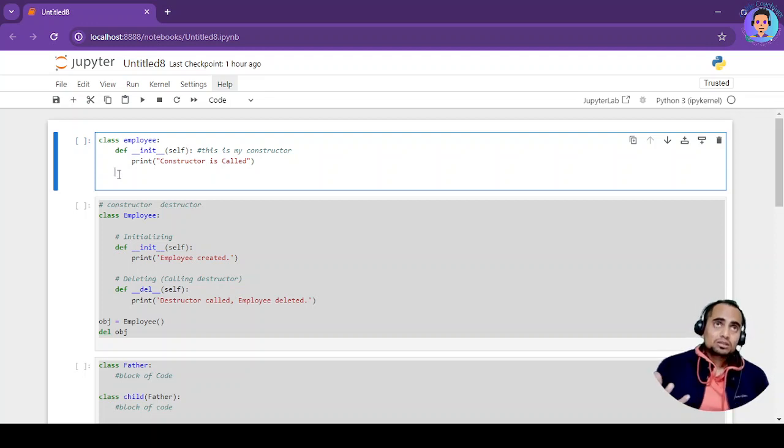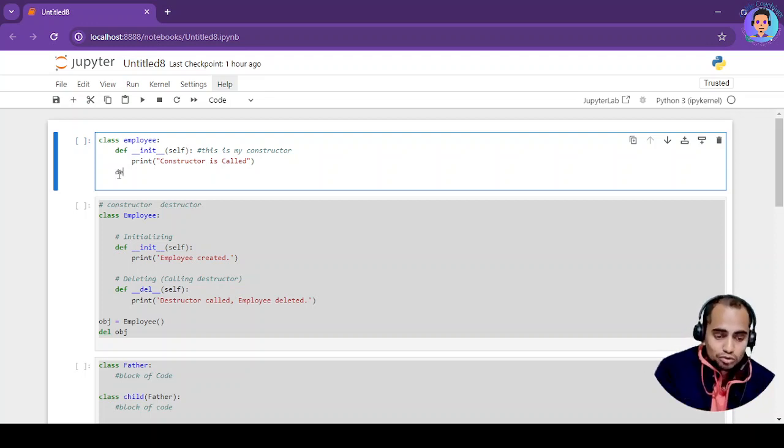So destructor, what is destructor? Constructor is a method which is called by default whenever an object is created, and destructor is a garbage collection mechanism which is available in C, Java and other different languages. But here the garbage collection mechanism is already built into 3.x versions of Python, so we don't generally need to write it down. But for the sake of understanding what is constructor and what is destructor, we are taking this example, so that if the interviewer asks you this question, you should be able to answer it.